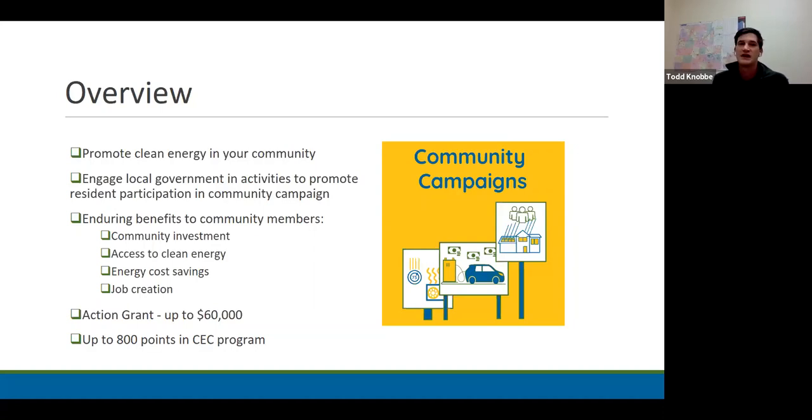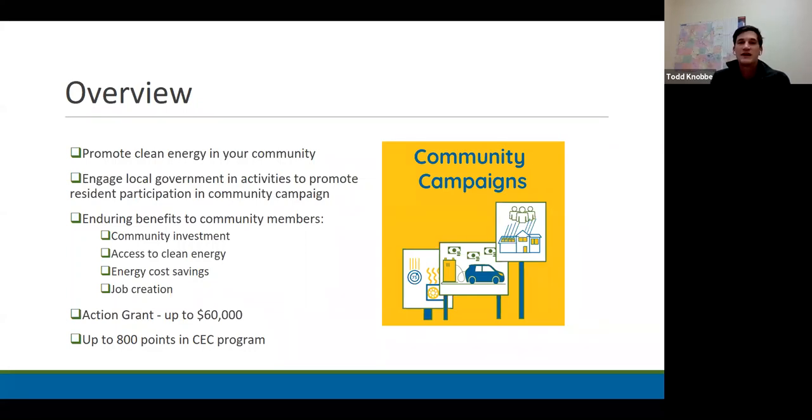These campaigns were designed to have enduring benefits to members of your community, by providing ways for the local government to invest back into their community, help residents gain access to clean energy technologies, utilizing state incentives, promote energy cost savings, and through continual investment and participation in these campaigns, start creating local jobs.